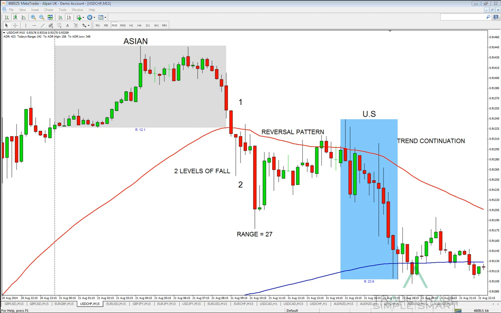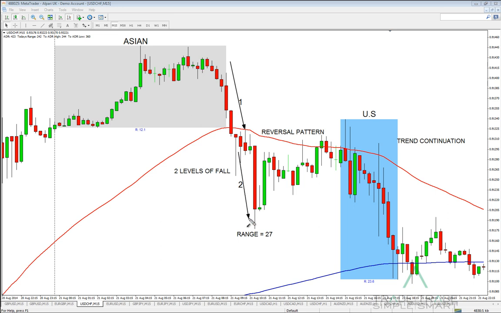So out of the Asian session, we have a fall to the downside, and then we have a second, and then we get this reversal formation in the form of an ABCD or M, and the range for the 2 phases is 27. Okay, so we have an ADR, average daily range, of 42,